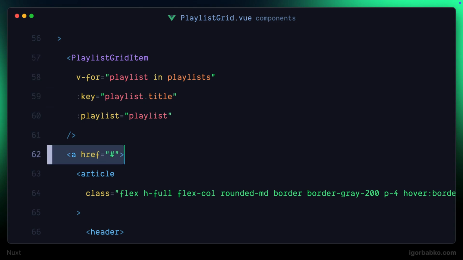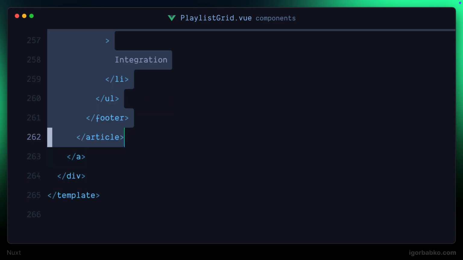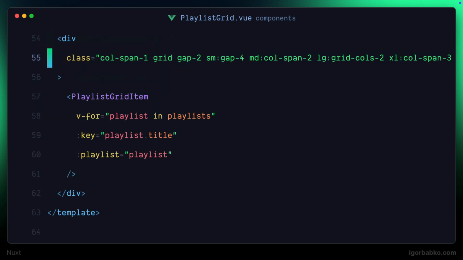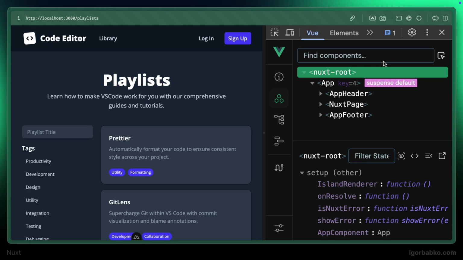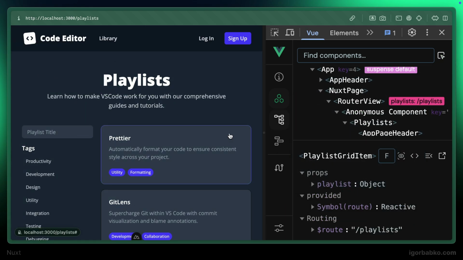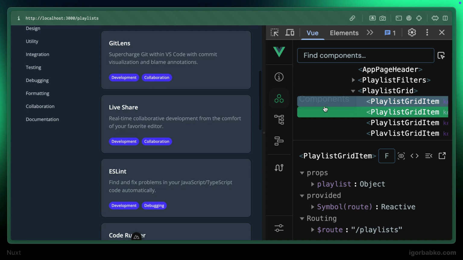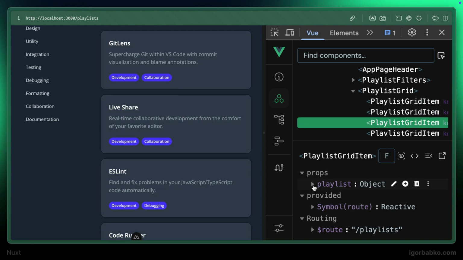Before finishing this lesson, let's take a look at Vue DevTools and verify that there are multiple playlist grid item components, each of which represent individual playlist cards on a page. Everything is looking good, so we can move on to the next lesson,